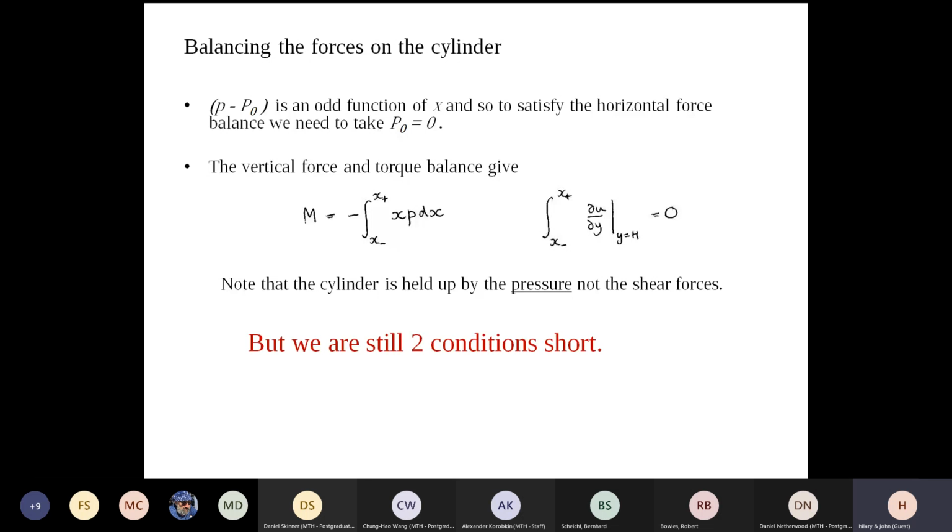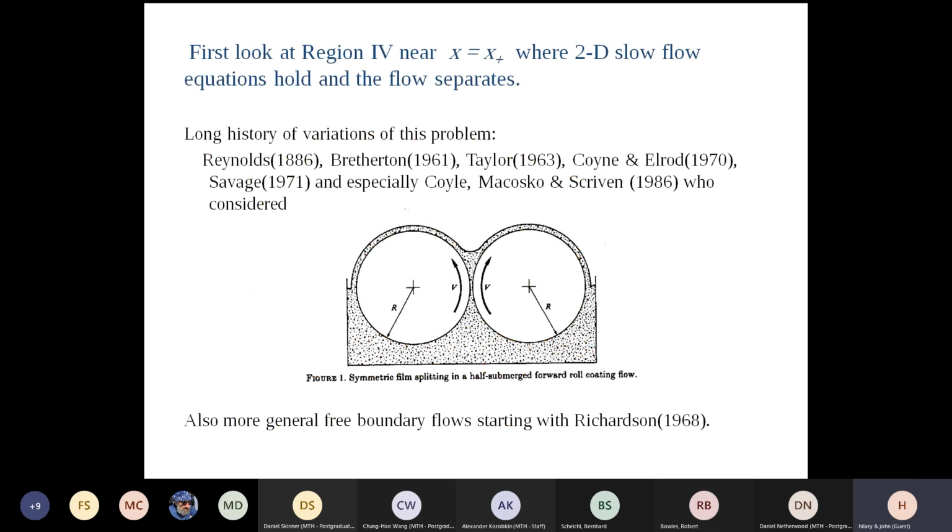That integral of xp, it's not just the shear force, it's the pressure force which dominates the levitation process. Now, to resolve the ambiguity, let us now start looking at region 4. I did that too early. So region 4, just as a lead-in,